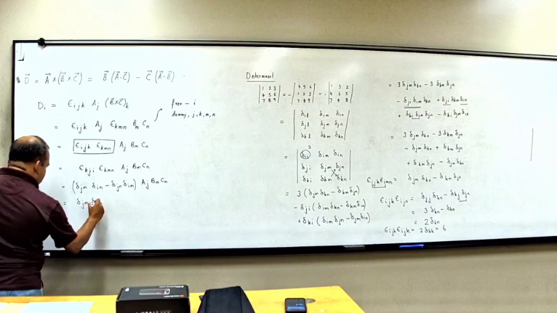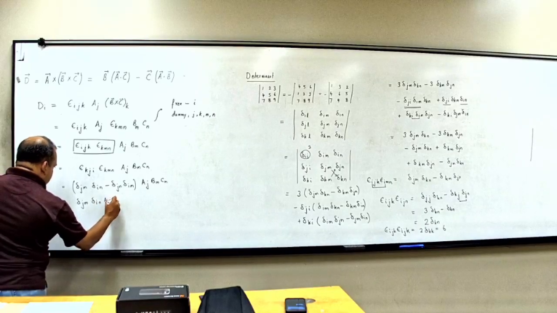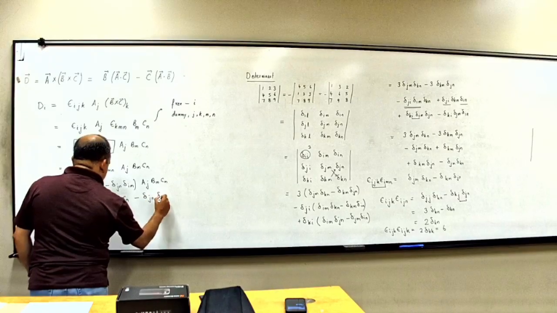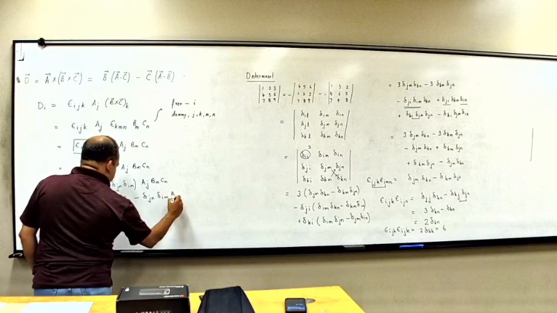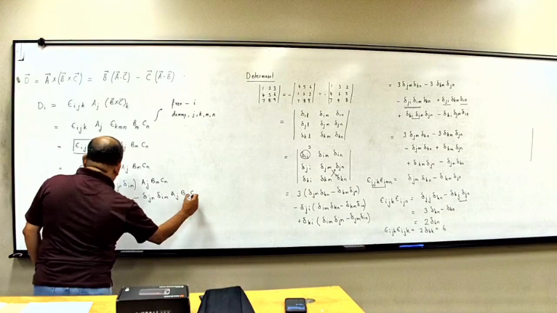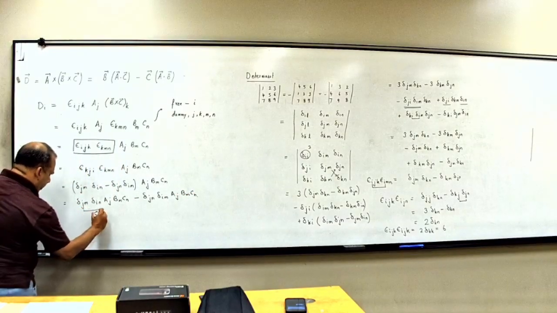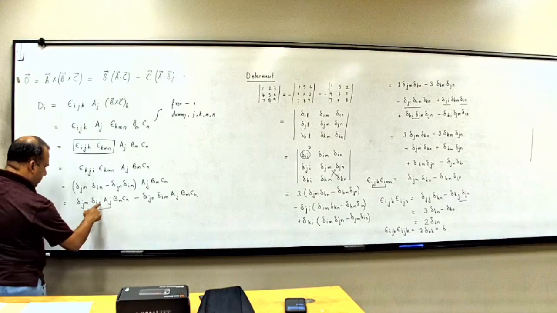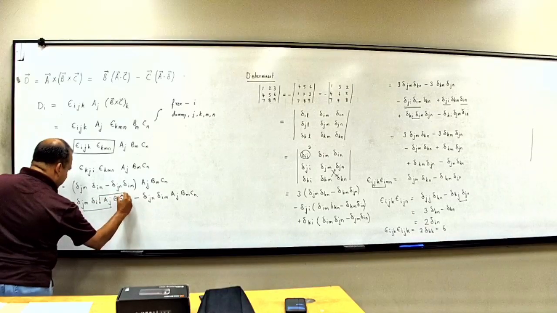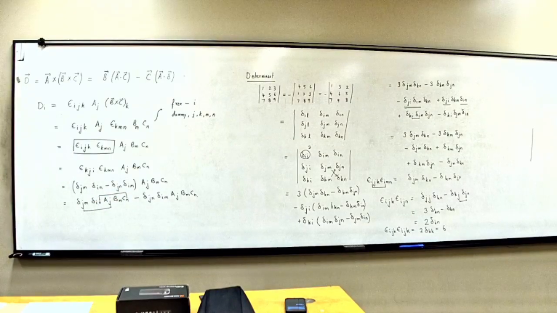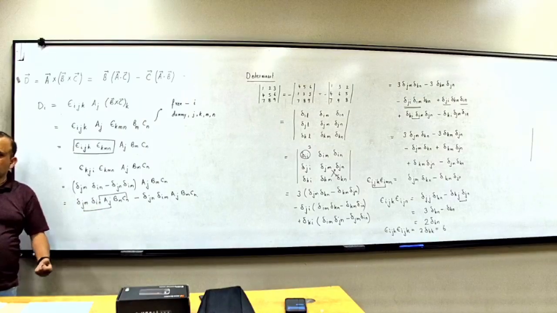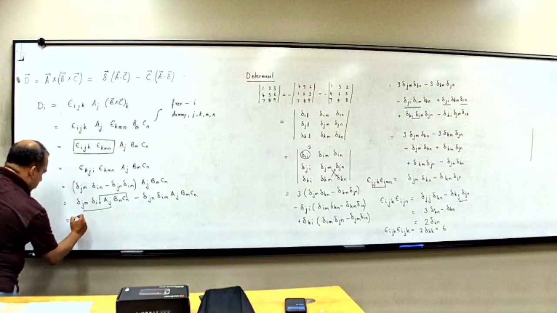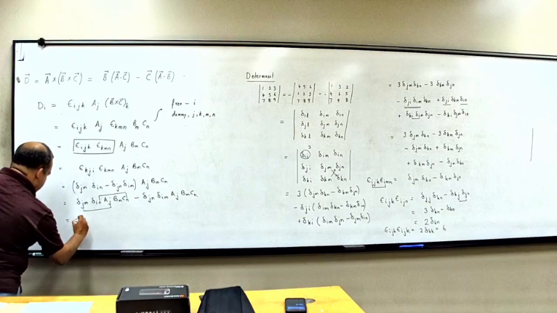So this is delta_jm delta_in a_j b_m c_n minus delta_jn delta_im. j gets contracted here and n gets contracted there. Remember, wherever there is a delta, I swallow the contracted terms and write whatever is left. So this is equal to a_m